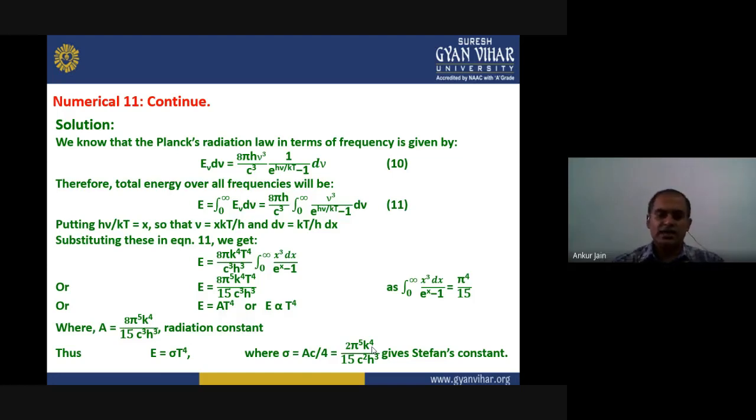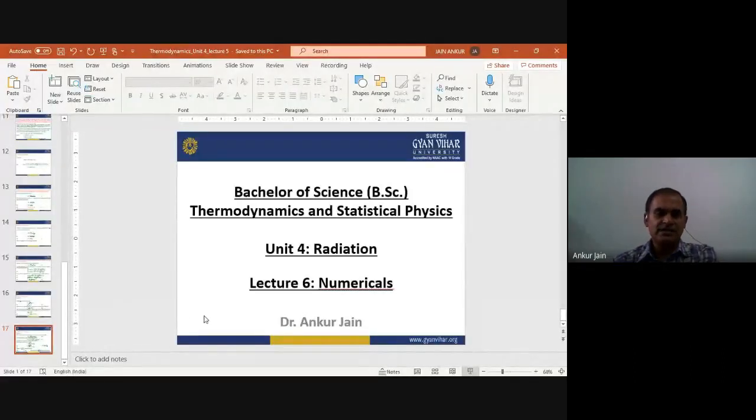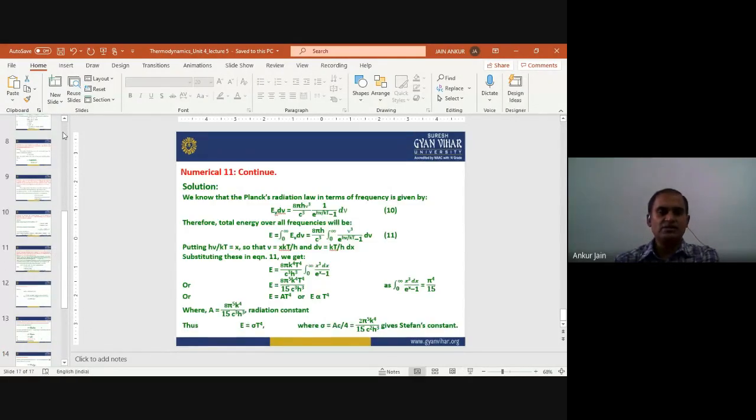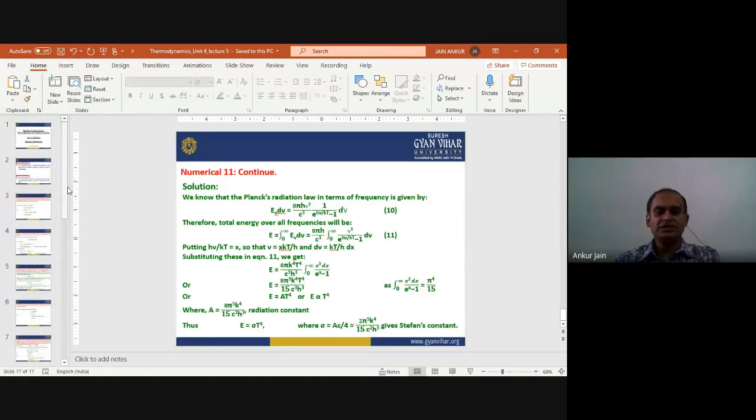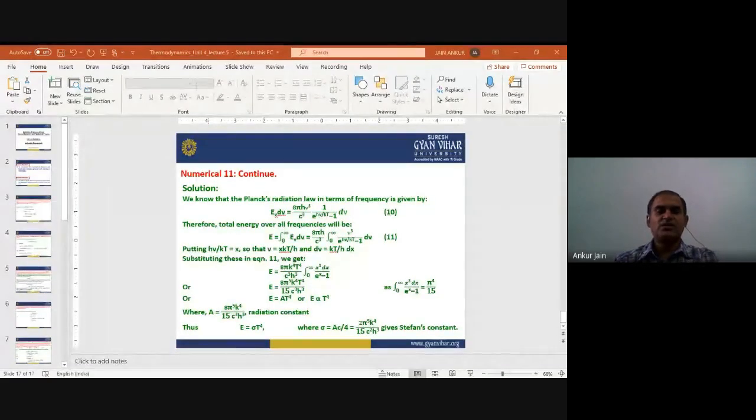Okay, so this is all. This was the last numerical for today. I hope all the examples and all the numericals are quite useful to understand all the laws and rules related to radiation. You have understood the black body spectrum on the basis of Wien's law and everything. And finally, we have solved two numericals which were useful and which deduced that Planck's law is a general form of all the different laws which were used classically to explain the black body spectrum.